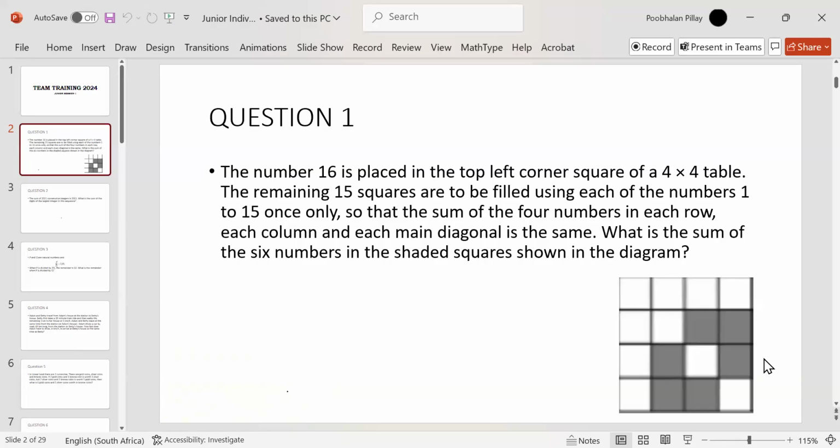I'll try to say as much as possible of the background to each question, so that you'll have an idea as to what the strategies are in solving problems of this nature. Okay, so